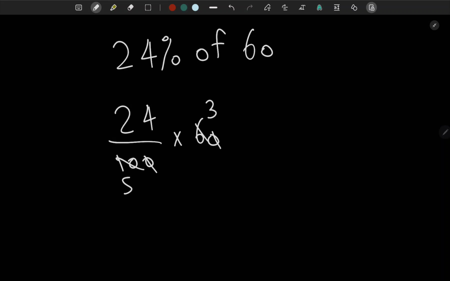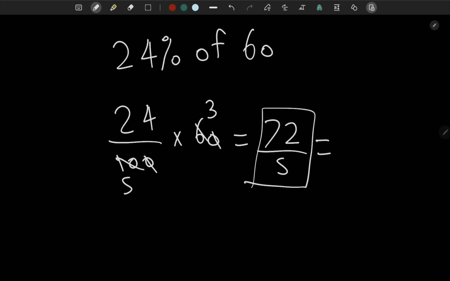And now we can do 24 times 3, which is 4 times 3 is 12, and 20 times 3 is 60. So 60 plus 12 is going to be 72 over 5, and we can leave it as this, or we can find the decimal answer from our calculator, which is going to give us